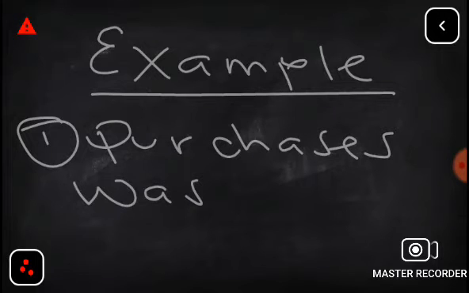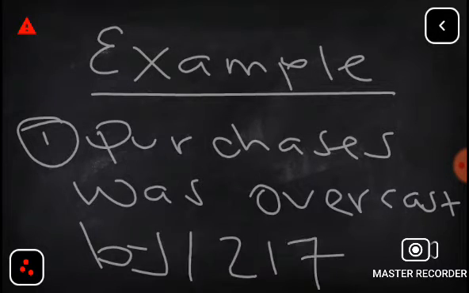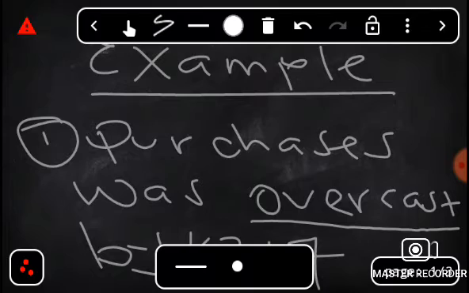Okay, so for example, example 1: our purchases was overcast by 217 kwacha. Now this word overcast means the purchases is too much. We have to reduce the purchases. So if we have to reduce the purchases, in account we don't cancel out the 217 in the purchases account, but what we do is,